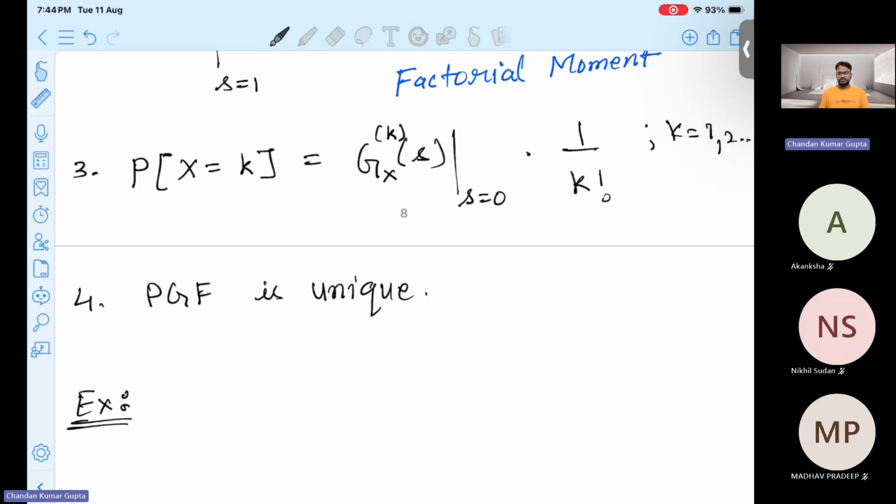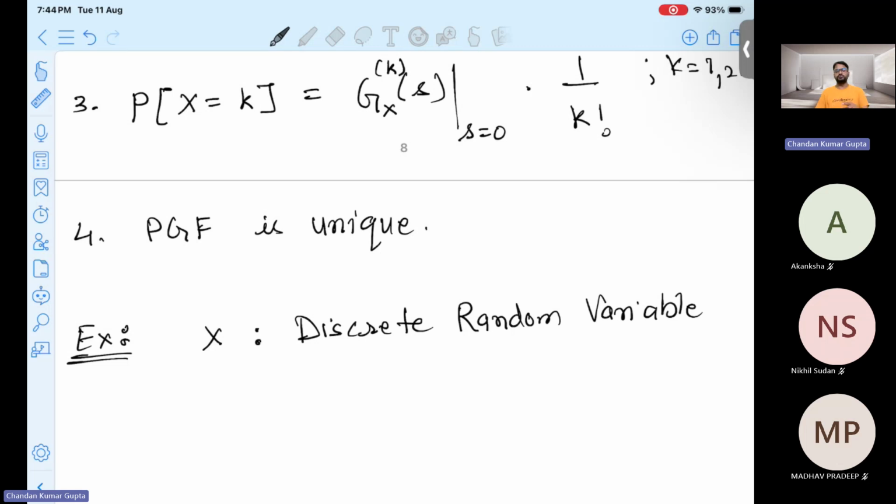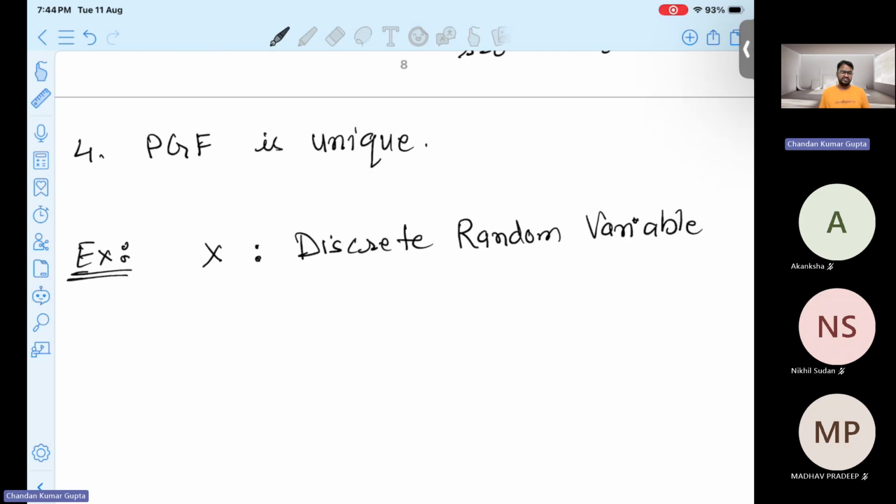Let me give you one example about the PGF. Suppose x is our discrete random variable. I'm going to take the example of the binomial distribution only. We have not yet discussed discrete distributions, but suppose x is a discrete random variable with a probability mass function in this form: the probability that x is equal to x, or x is equal to k, will be